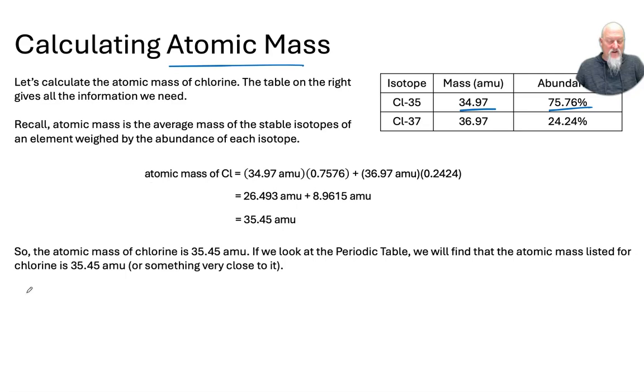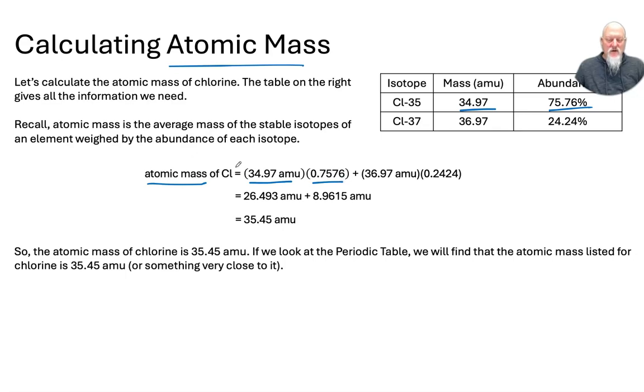Okay, so the atomic mass of chlorine is the mass of the first isotope times the abundance of the isotope in decimal form, not percent. So basically we divide the percent by 100. To get to percent, we have to multiply by 100. So if our abundance is in percent, we have to divide that number by 100. So 75.76%